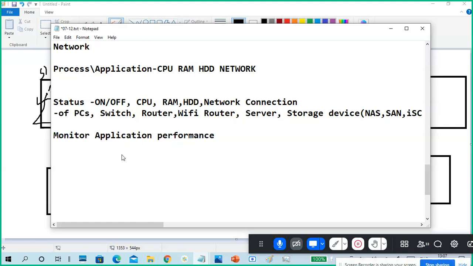Next one is just another example I want to tell. For example, you have database servers, for example, Oracle database servers, MySQL, MariaDB, like that.